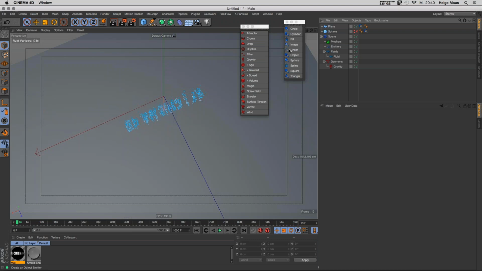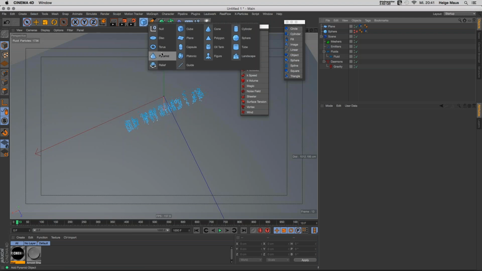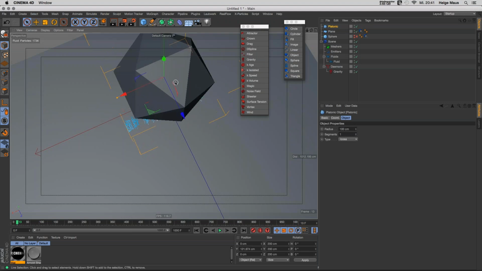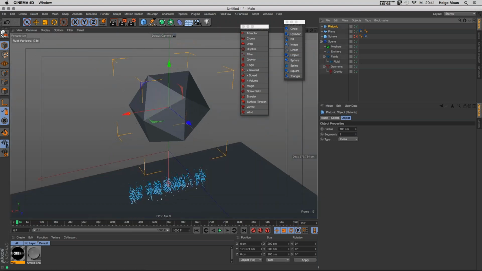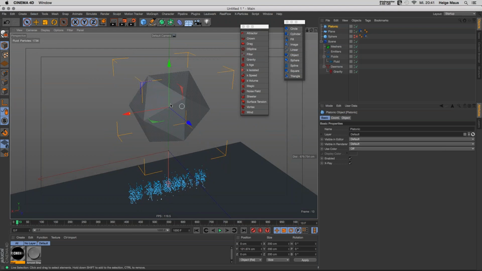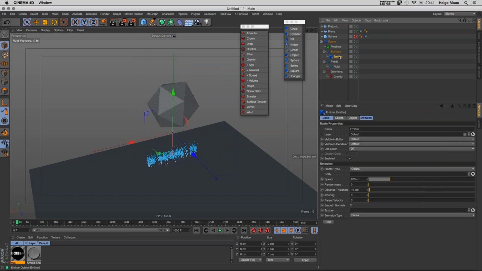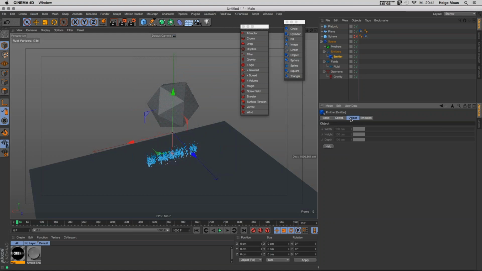Let us take a closer look here to the other options. We have a linear emitter, okay. We have an object emitter. That's also extremely awesome. You go in here and you see we have a platonic here. I switch, for example, really fast to X-ray mode, and now we use this platonic here as an emitter. So I make an object emitter, and in the object emitter